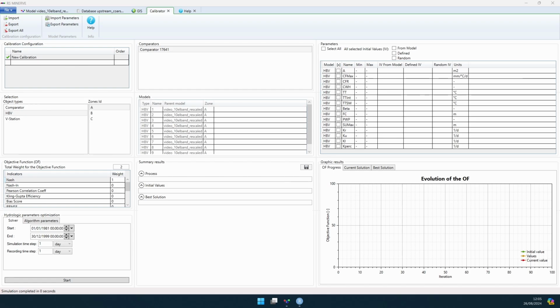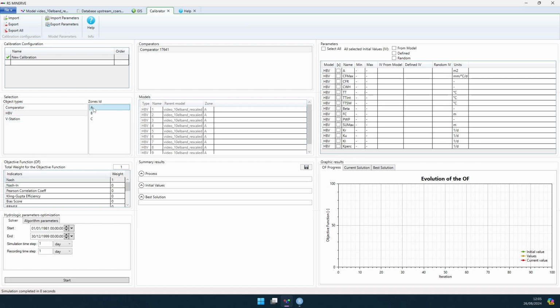In the previous video, I walked you through the general process of calibration in a hydrological model. Today, I will show how I did the calibration for Zarafshan River Basin. As I mentioned previously, you need to start from simple to complex. You need to do everything step by step. First of all, I exported the initial parameters without any calibration, and then I started the calibration with only one indicator for